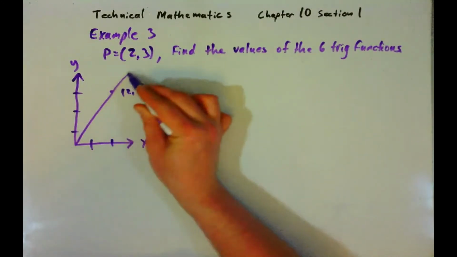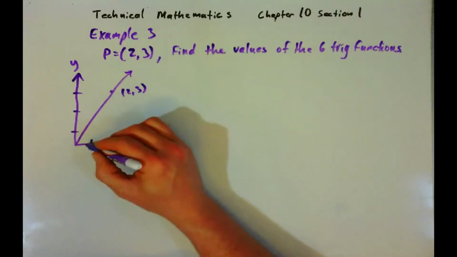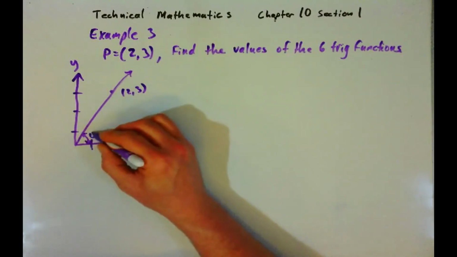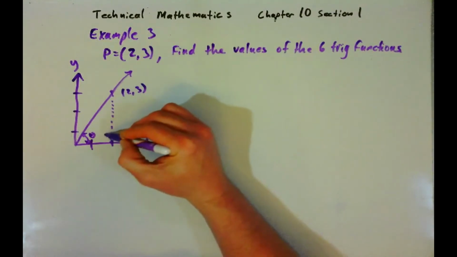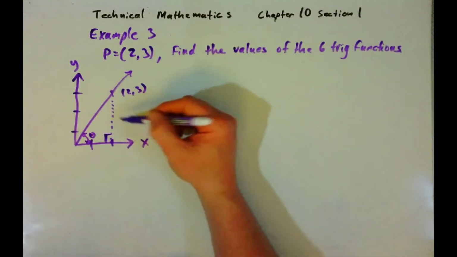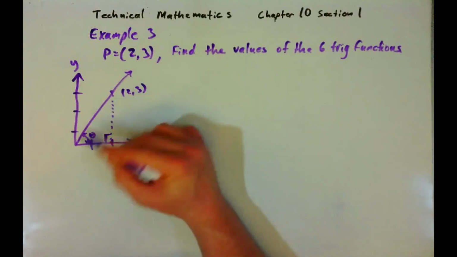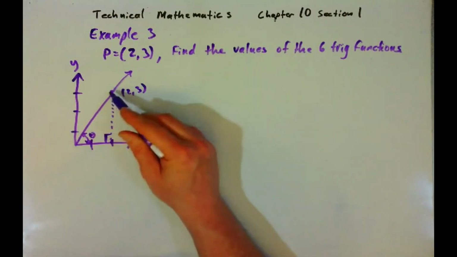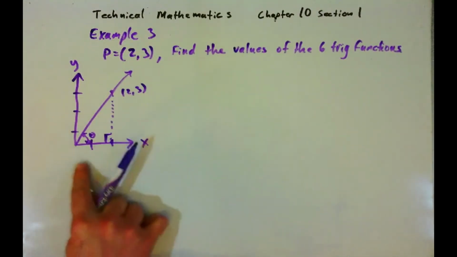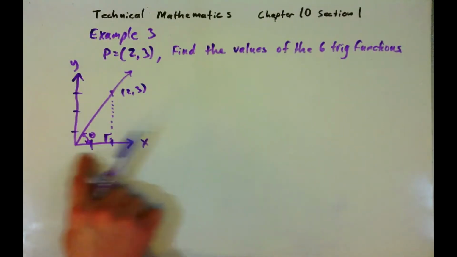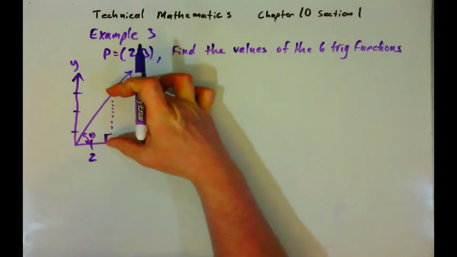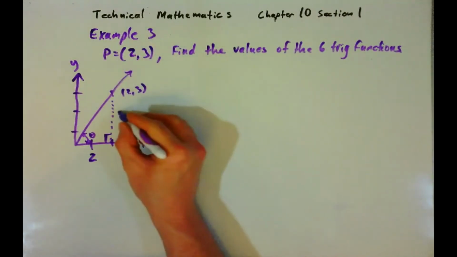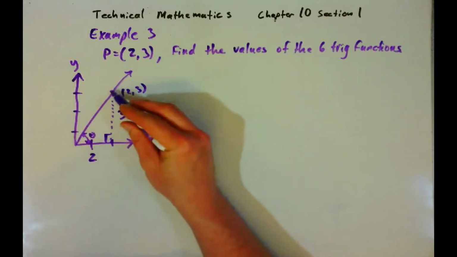And that is a point that the terminal side of the angle passes through. And here's the angle. This is theta. And so a right triangle is formed, where the right angle is here. To do this, the first thing we need to do is find the length of the hypotenuse. So we know that the length of the side here on the x-axis is 2. The length here that corresponds to the y-axis is 3, and we want to find the length of